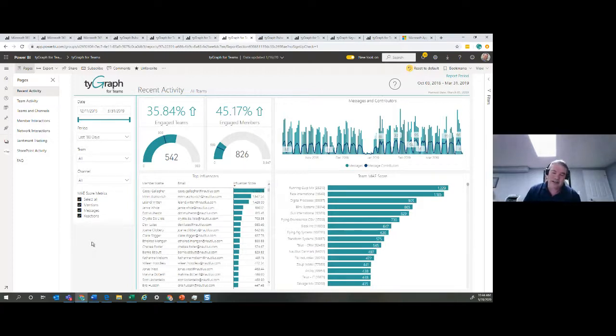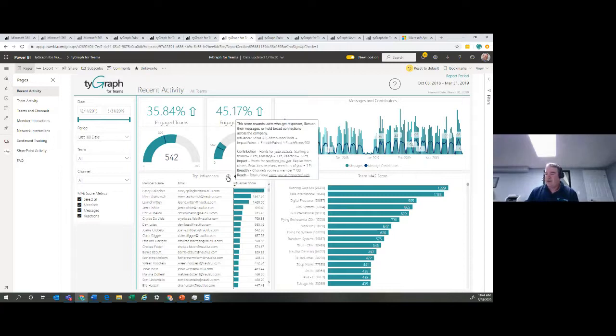A good measure is understanding, and we break this out for you, the 4 pillars. The first is contribution: how much are you putting into the network? Of course, important. But the flip side is what's the impact? Are people responding to your messages? If you create a channel message, does it turn into a multi-purpose thread? What's the breadth in which you're posting? Is it just one team or channel, or multiple? And then finally, what's your reach? Are you interacting with 1 or 2 people, or are you interacting with many?